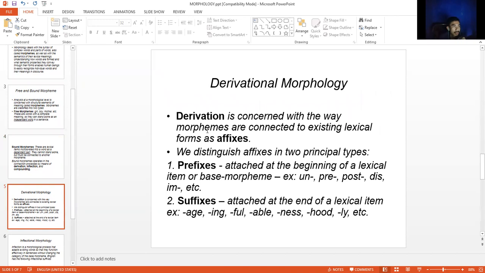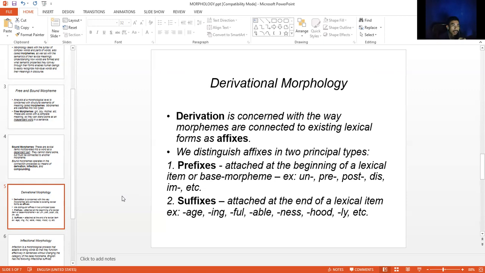And this is the derivational morphology. The first I will explain is derivation atau derivational morphology. Derivation is concerned with the way morphemes are connected to existing lexical forms like affixes. We distinguish affixes into two principal types. One is prefixes attached at the beginning of lexical item or base morpheme, such as un, pre, post, dis, im, and etc. For example,